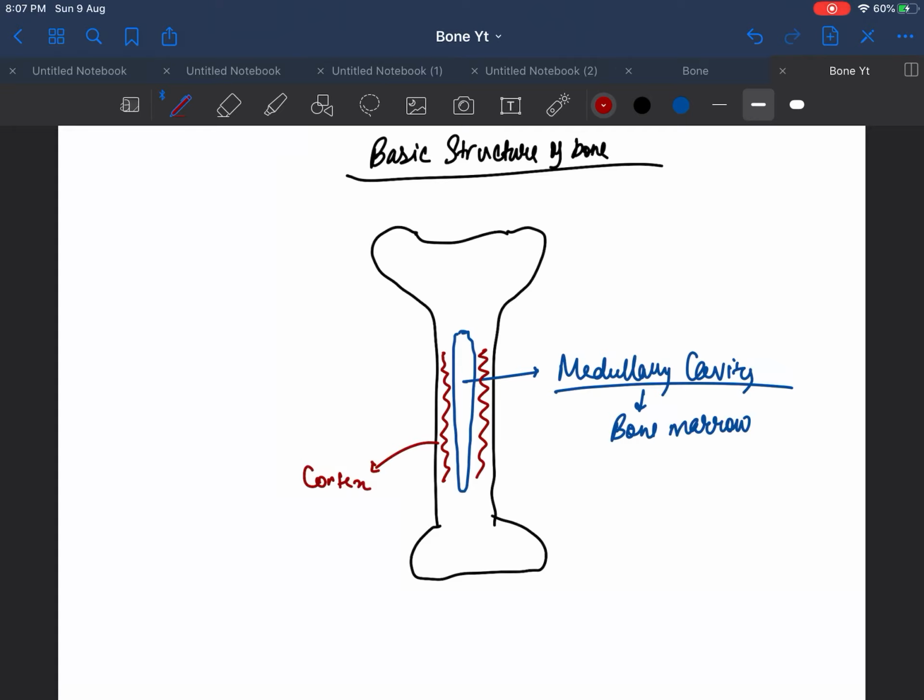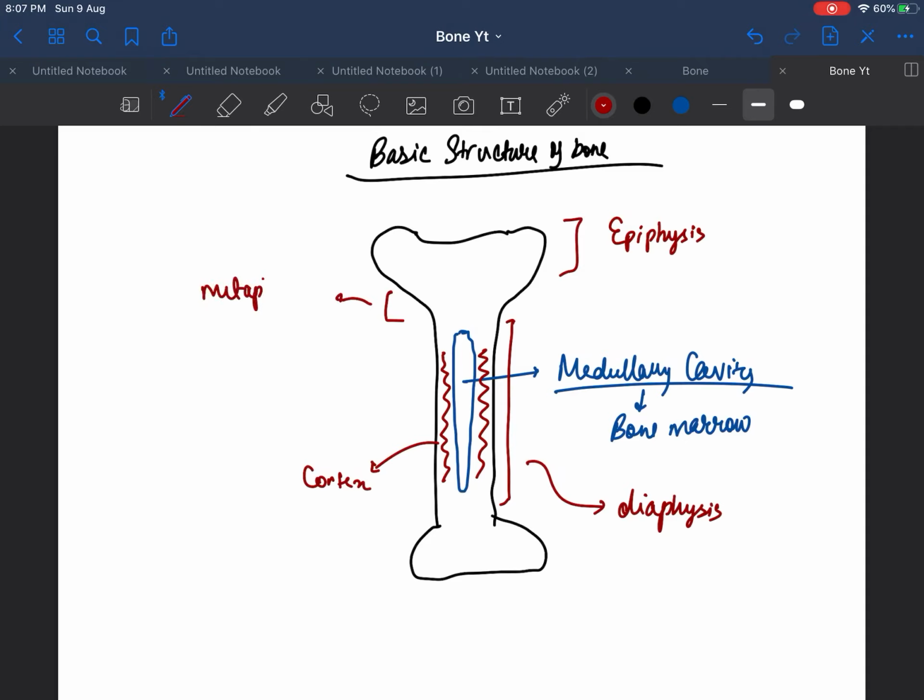Okay, so the long bone has three parts. The main shaft of the long bone is known as the diaphysis, and the ends are known as the epiphysis. Between the diaphysis and the epiphysis, we have a very special area which is known as the